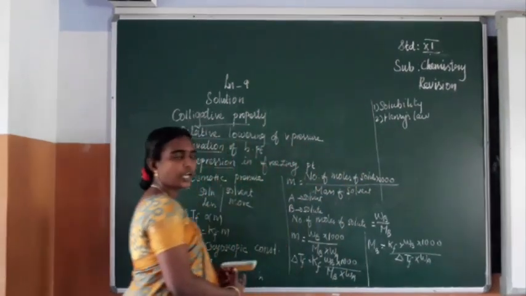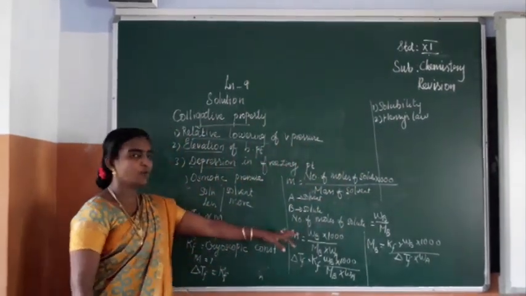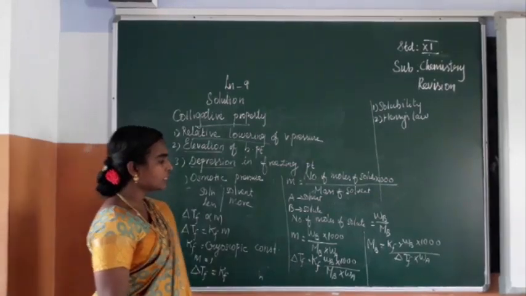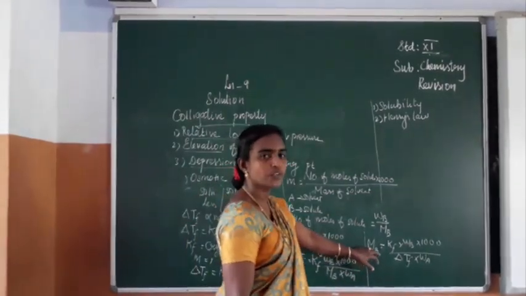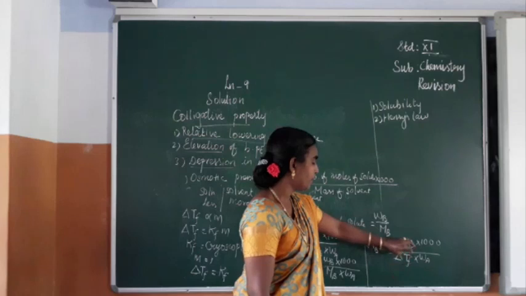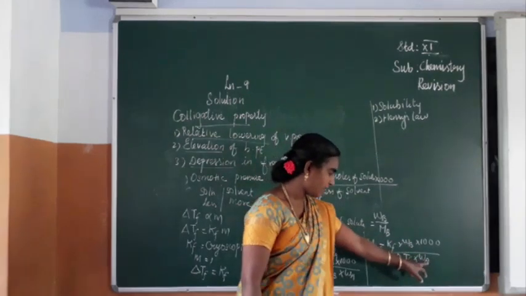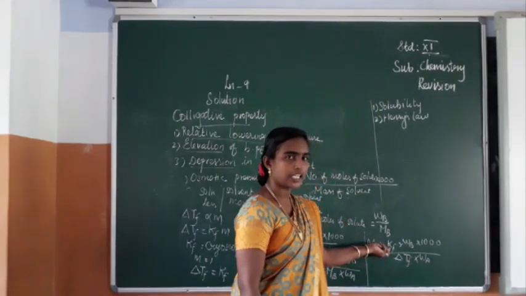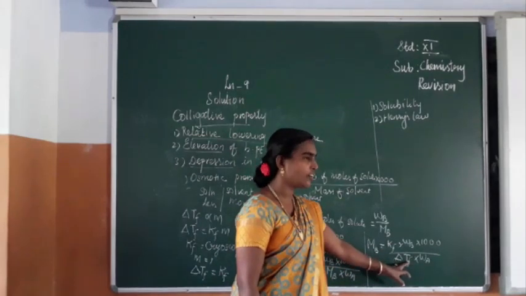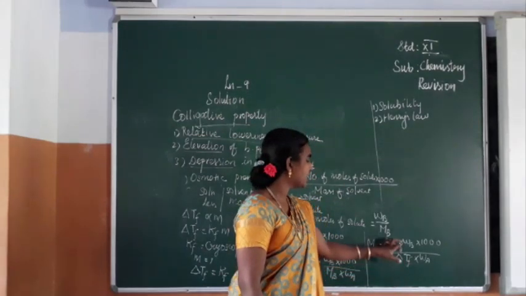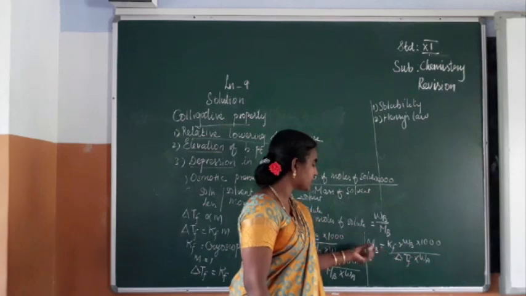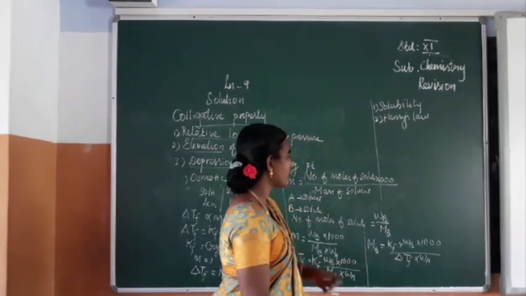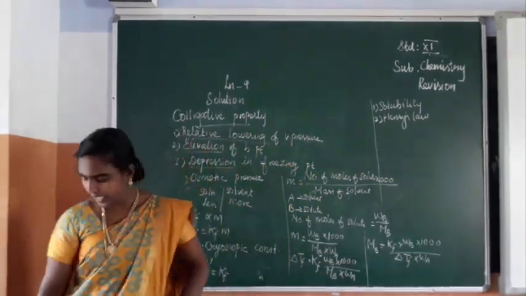So from this value we can find out the molar mass of the solute. This equation will be useful for problems also. Maybe the weight of solute and solvent is given. Kf is a constant value, delta Tf is the depression in freezing point. If all these values are given, we can find out the molar mass of the solute. Next we can see